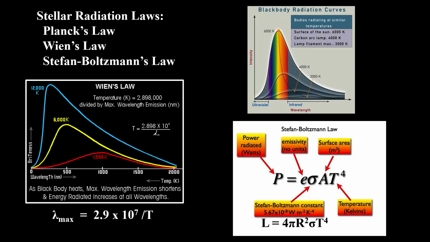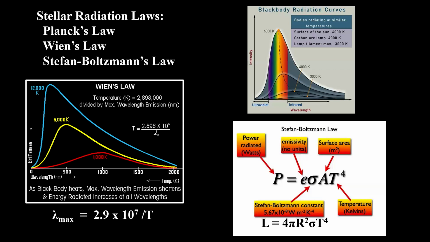Stellar atmospheres are very good black body radiators, absorbing radiation produced by the core and emitting it out into the interstellar medium. The hotter the star, the more energy it emits at every single wavelength than a cooler star. The graphic shows a 12,000 K star, a 6,000 K star, and a 3,000 K star. And nowhere does the 3,000 K star emit more radiation at any wavelength than the other two hotter stars. That principle is called Planck's law.